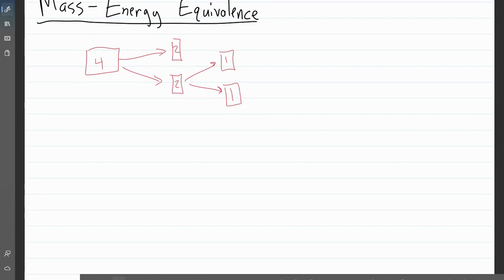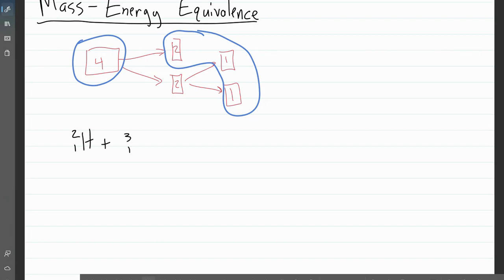When we do this with particles, let's say I have some particles that decay and decay and decay. What ends up happening is this really weird phenomenon where the masses at the end, we expect them, just like these blocks, to add up to what we started with. But what we end up seeing is that that's not true when this happens with particles. Take, for example,